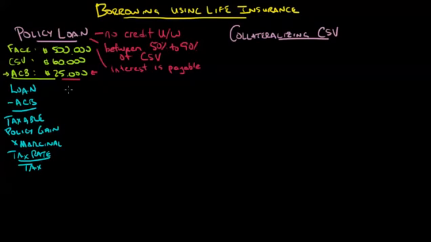So let's say, just for the sake of argument, that this person borrows $40,000 and they have a $25,000 ACB. The policyholder would have a $15,000 taxable policy gain. Let's put them at the same 40% marginal tax rate that we've used elsewhere. That would give them $6,000 of tax payable, which is fairly straightforward. We can see if they borrowed something less than $25,000, there would be no tax to pay.